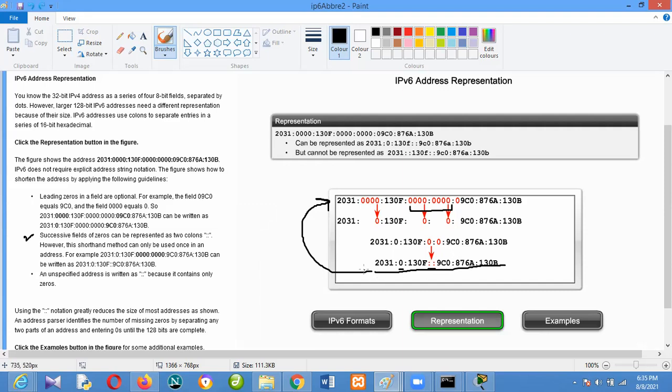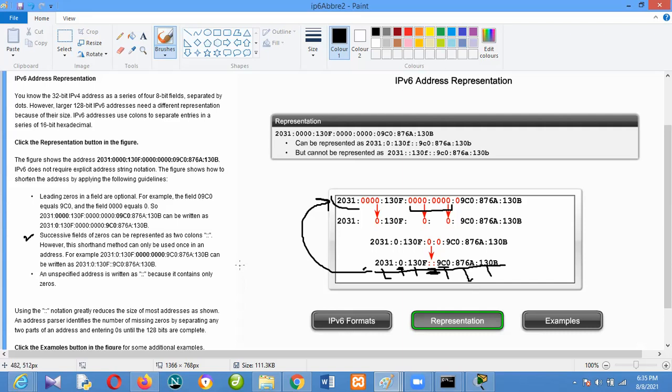Now look at this particular one. If I count 1, 2, 3, 4, 5, 6, there's supposed to be 8. That means here we have 2 successive zeros. So here I'll just add up the leading zeros. And now this is a successive field of 0. Here I'll add the front 0. I will still arrive at this. Okay, now that's for successive fields of 0.